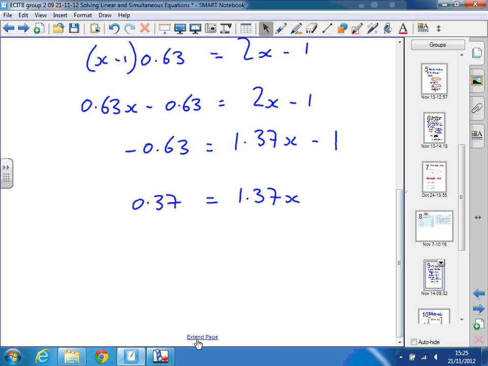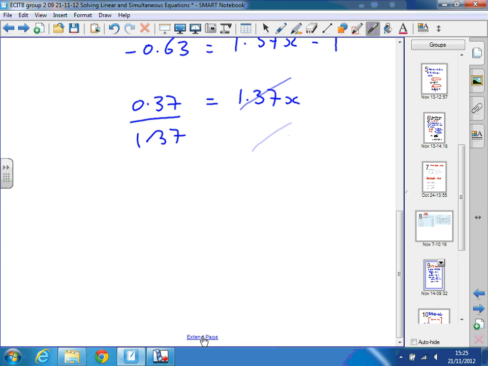And now finally, I've got 1.37 times x, so divide by 1.37. If I divide by 1.37, they cancel. So long as I divide the other side by 1.37, I'm okay. So divide both sides by 1.37, and I get x equals 0.37 over 1.37,